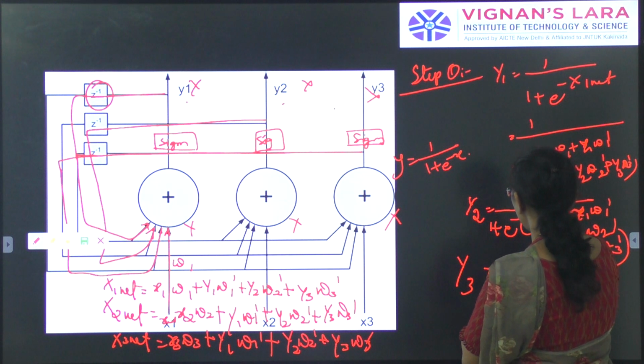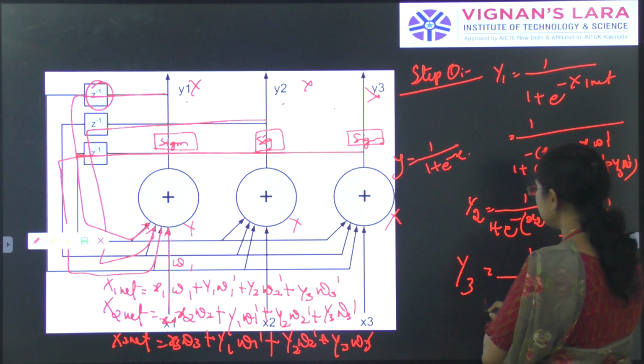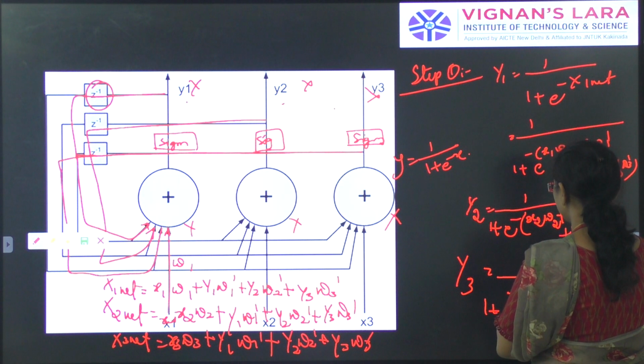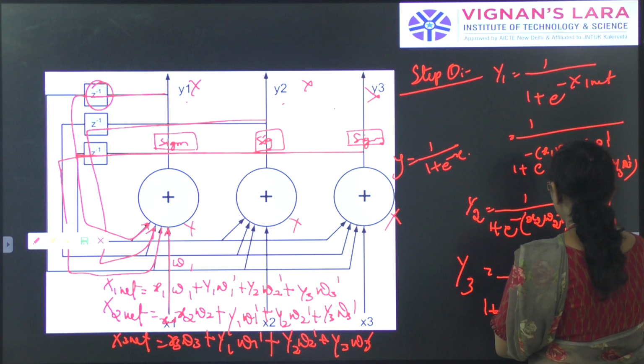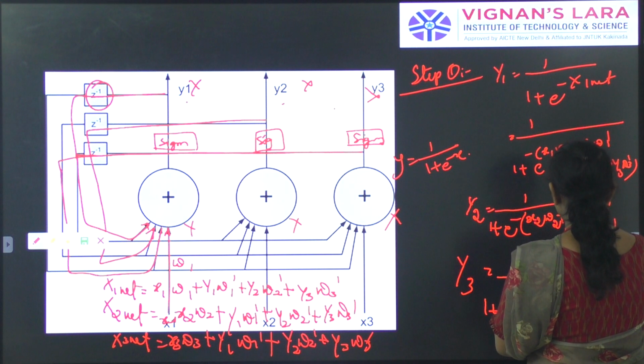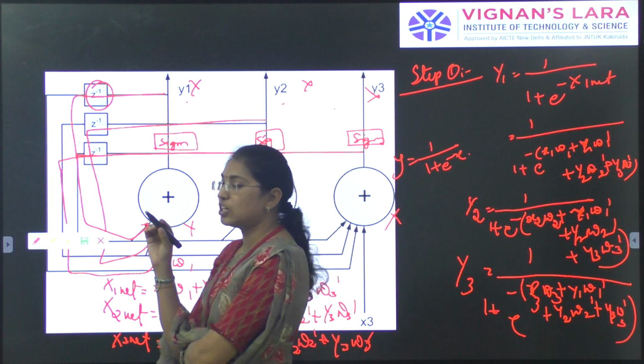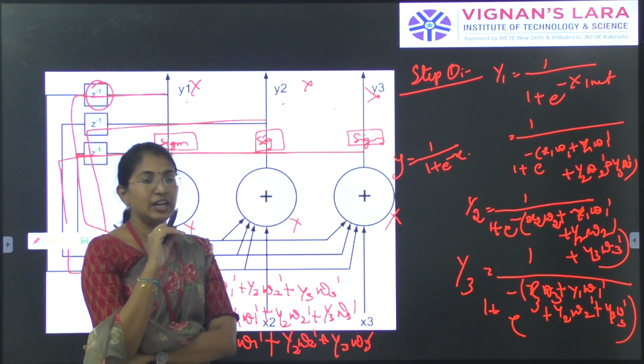What is your y3? 1 by 1 plus e power minus x3 w3 plus y1 w1 dash plus y2 w2 dash plus y3 w3 dash. These are the updated output values of the continuous Hopfield network